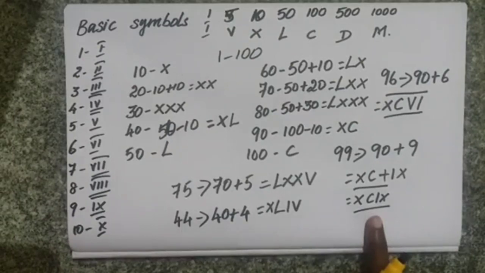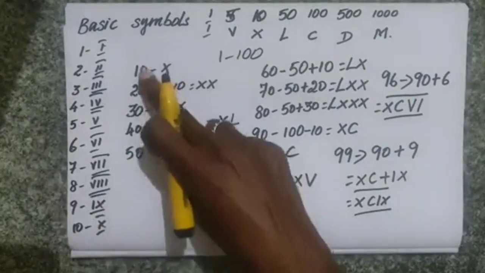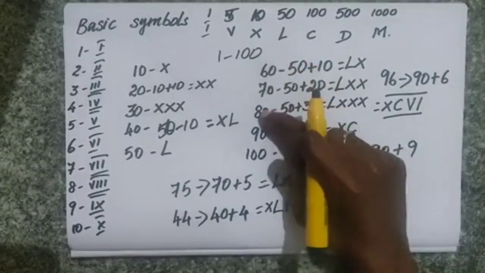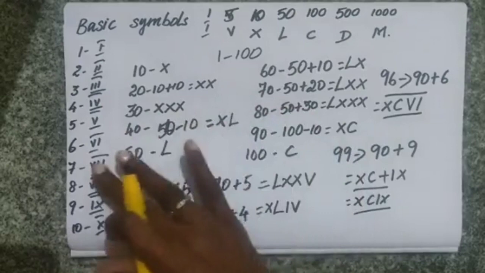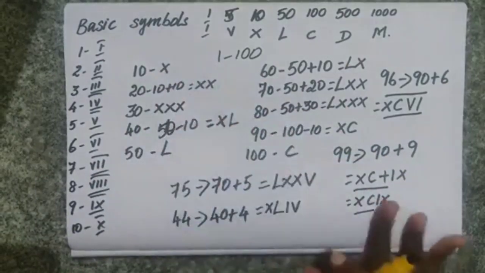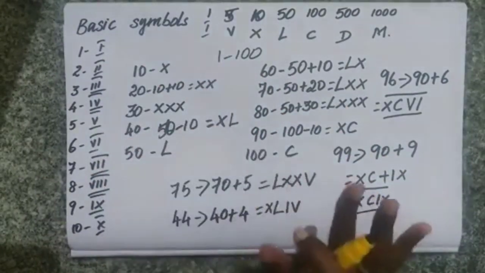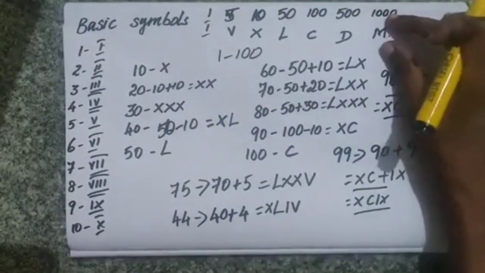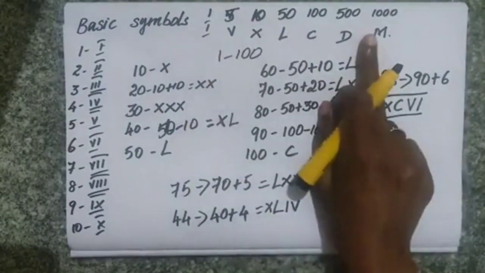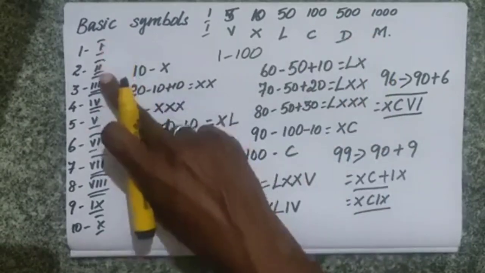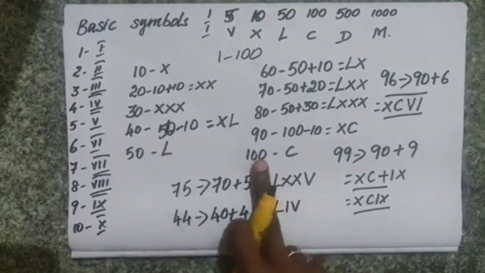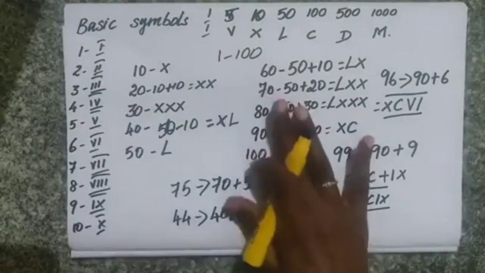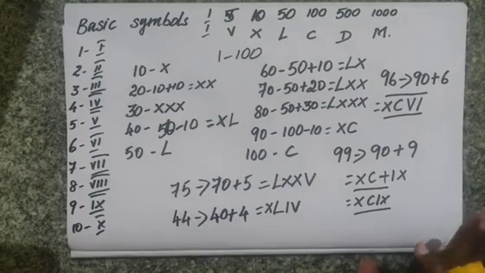Okay, so if you know 1 to 10, again 10, 20, 30, 40, 50, 60, 70, 80, 90, 100, only these 20 numbers you learn by heart and keep. If you know the rules, you don't need to learn by heart. You can write by yourself. Only you have to learn by heart these 7 basic symbols. That by hearting is enough. Then if you know the rules, you can write by yourself 1 to 10 and 10, 20, 30, 40 to 100. If you know these 20, you can write all the numbers from 1 to 100. So this one you keep in mind, and you can write any Roman numeral.